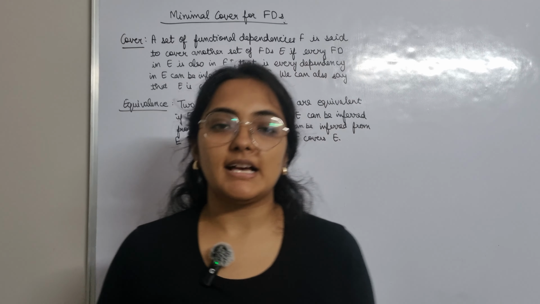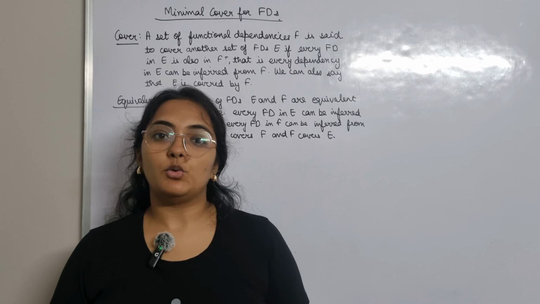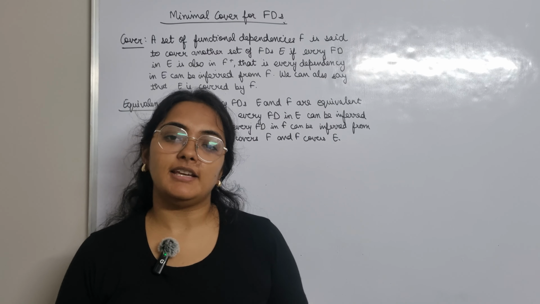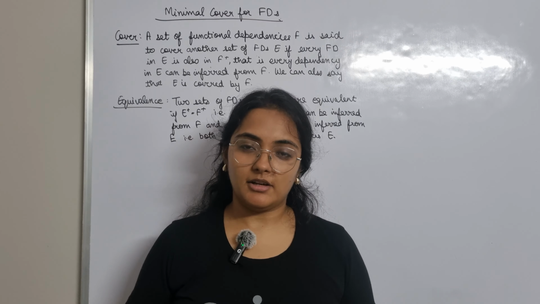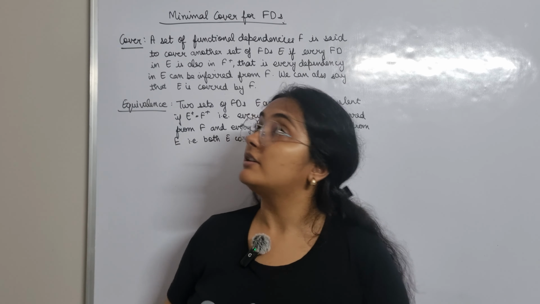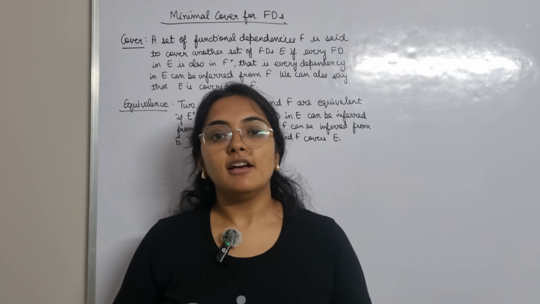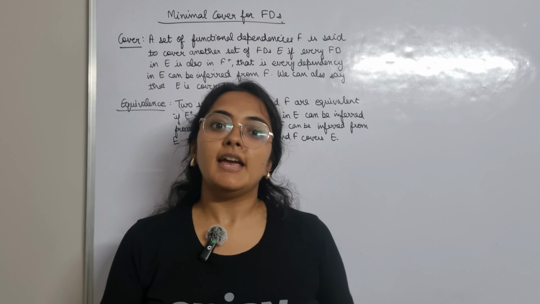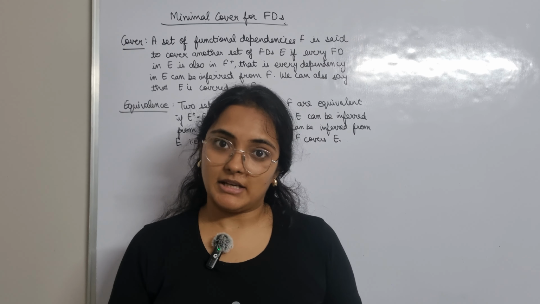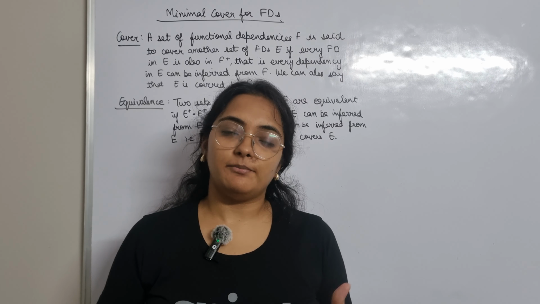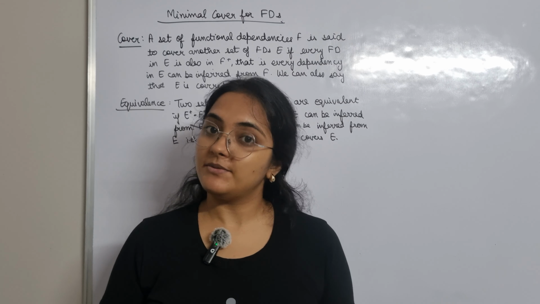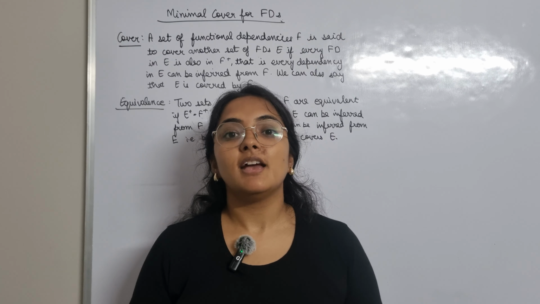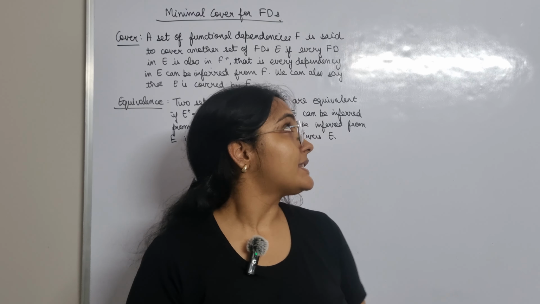Hello everyone. In the last video we talked about closure set of attributes and the example and how to find candidate key. In this video we are going to be talking about and covering minimal cover for a set of functional dependencies. First of all, we will understand what is cover, then what is the equivalence set, followed by what is a minimal cover, and followed by many examples so that the concept becomes very clear and you can do any questions that are asked in any of these exams. So yeah, let's get started.